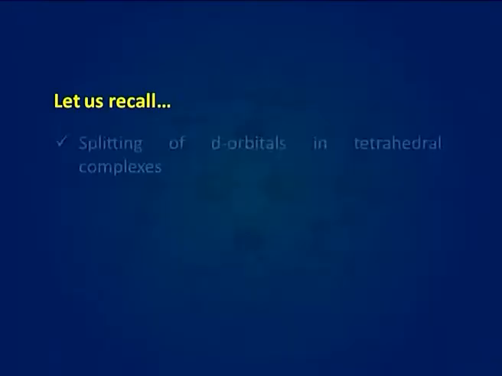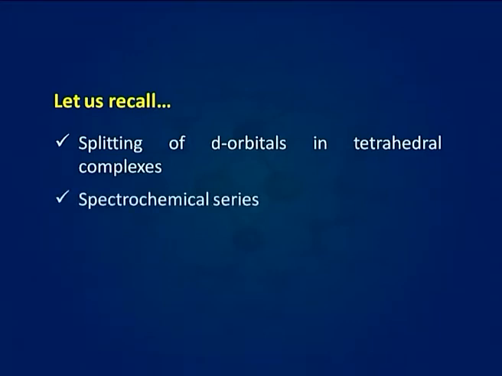As you know, the crystal field theory concentrates on the splitting of d orbitals of the transition metal atom into groups as a result of electrostatic interactions between the ligands and the electrons in the unhybridized orbitals of the transition metal atom. To understand that splitting, in the last lecture we talked about splitting of d orbitals in tetrahedral complexes,